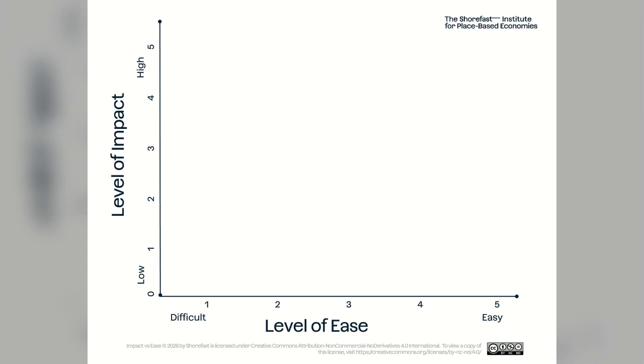After this, we have to prioritize because we simply cannot do all the things that we've identified in our visioning exercise. We can't do it all at once, right? And so this ease impact matrix, adopted from the famous Eisenhower matrix, helps us determine where to start by building momentum. And we do that by placing all of our ideas, projects, anything that's on the table on this matrix. And it reveals to us which of these has the highest level of impact, so the biggest outcomes that we want,